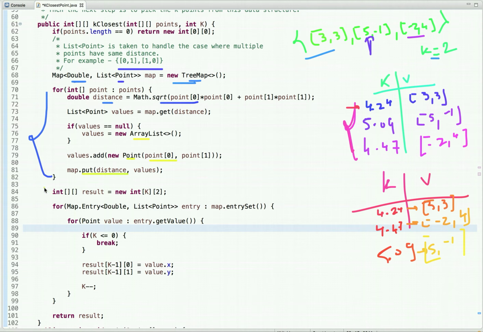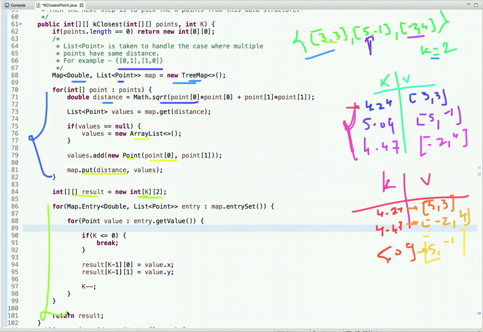Then we have to return the k closest points. So I have declared a 2D array. We know only two columns exist, which are x and y, I mean 0 and 1, so it is fixed, and we have k rows, I mean k points, so that's why here k.